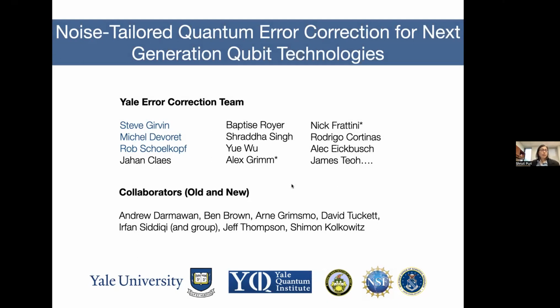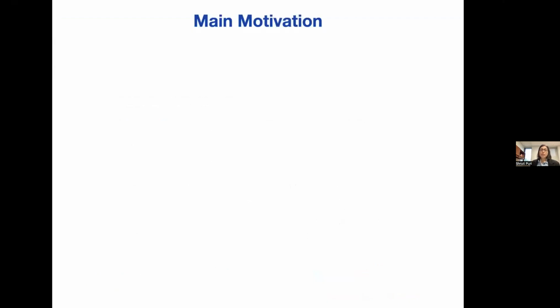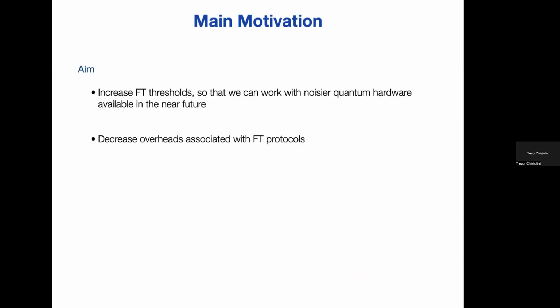So I would like to start by first acknowledging my collaborators, colleagues, especially the postdocs and students whose ideas and hard work is behind some of the ideas that I'll be showing today. All right, so the main motivation for my talk is that we all want to build a universal fault-tolerant quantum computing architecture. For that, we would like to increase the thresholds for fault tolerance so that we can work with noisier quantum hardware, which we may have in the lab today or we may have in the lab in the next few years. We would also like to decrease the physical gate and qubit overheads associated with implementing fault-tolerant